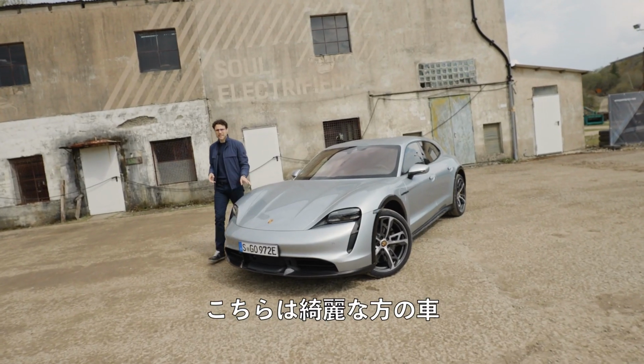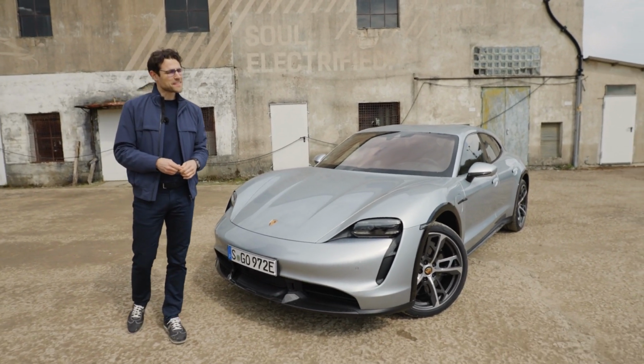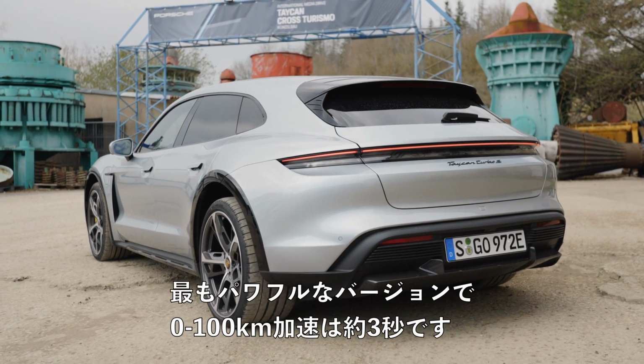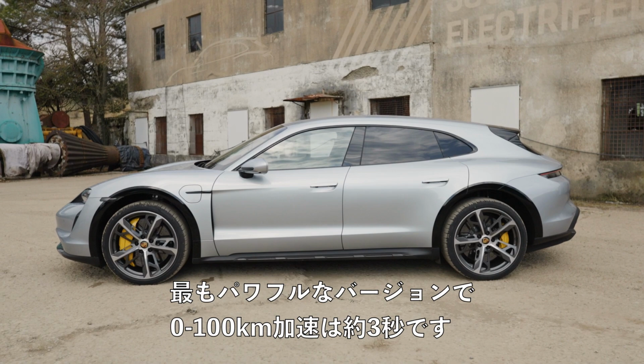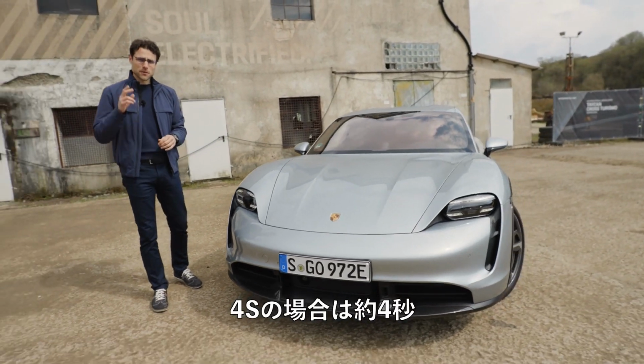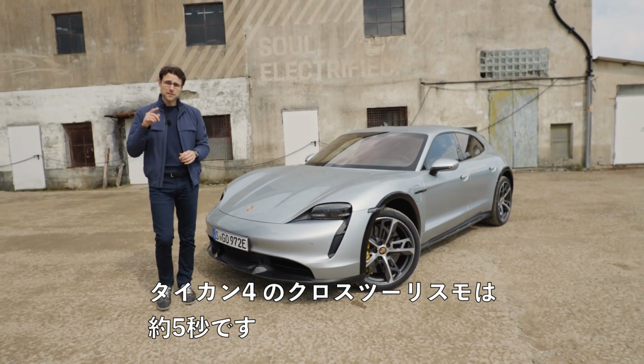And here we go, we cleaned the car and we switched the color to Dolomite Silver. Yeah, or did we? Here the Turbo S as the Cross Turismo, the most powerful version. Around 3 seconds is the acceleration figure. Then you go with around 4 seconds for the 4S and around 5 seconds acceleration figure with the Taycan 4